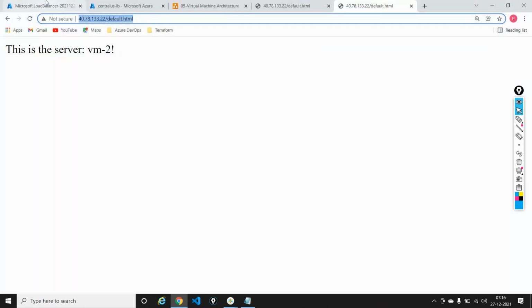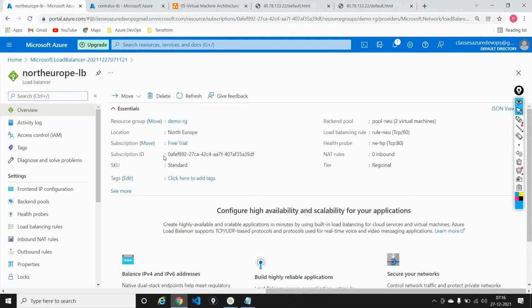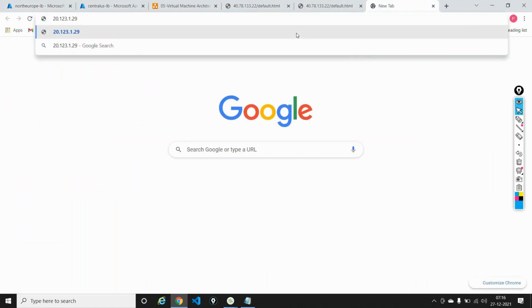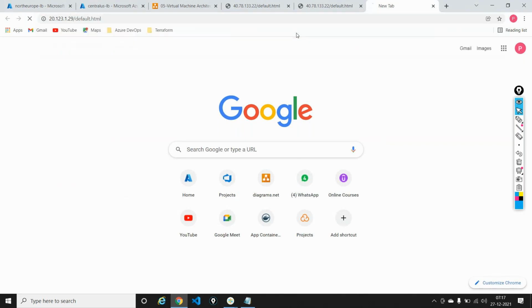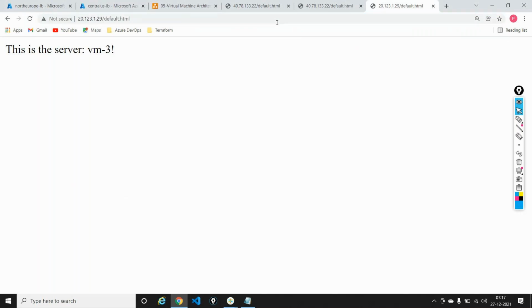In the same way, I also need my North Europe load balancer to work in the same way. So this is the North Europe load balancer in the same resource group called demo.rg. I'll go into the front end IP configuration, and this is a different IP, 21.231 something like this. Now I'll say okay, fine. This is again default.html, the same page that I've configured here. So now I have VM3 coming into place. It says this is VM3, and if I refresh this again and again,